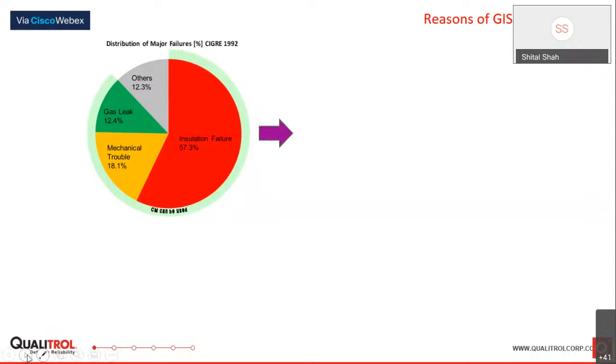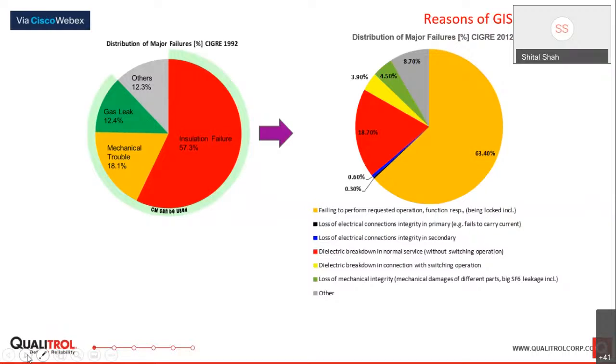And after 20 years, they decided to do the same study again, which means they did it in 2012, just to understand again the distribution of major failures. Okay. And now what they realized is insulation failures, which were almost 57.3%, came down to 18.7%. Okay. Then the mechanical trouble increased because, and I'll explain the reason why mechanical trouble increased, which was mainly